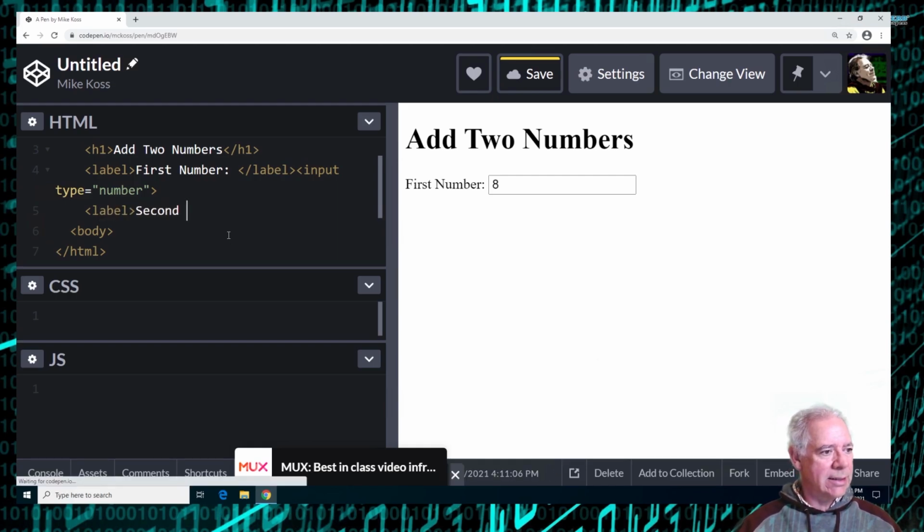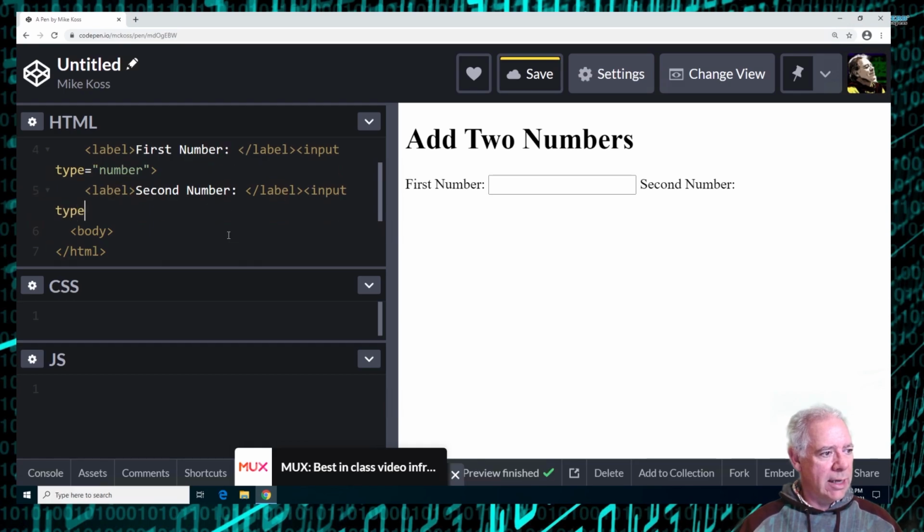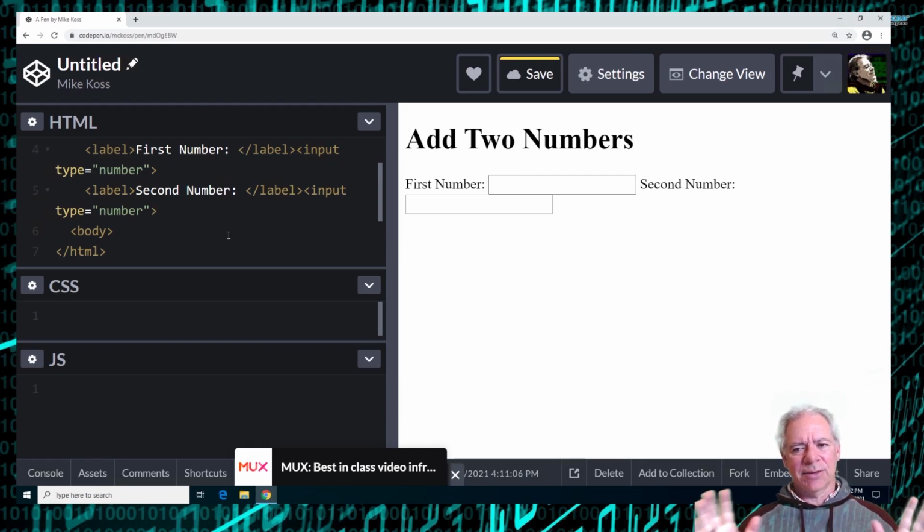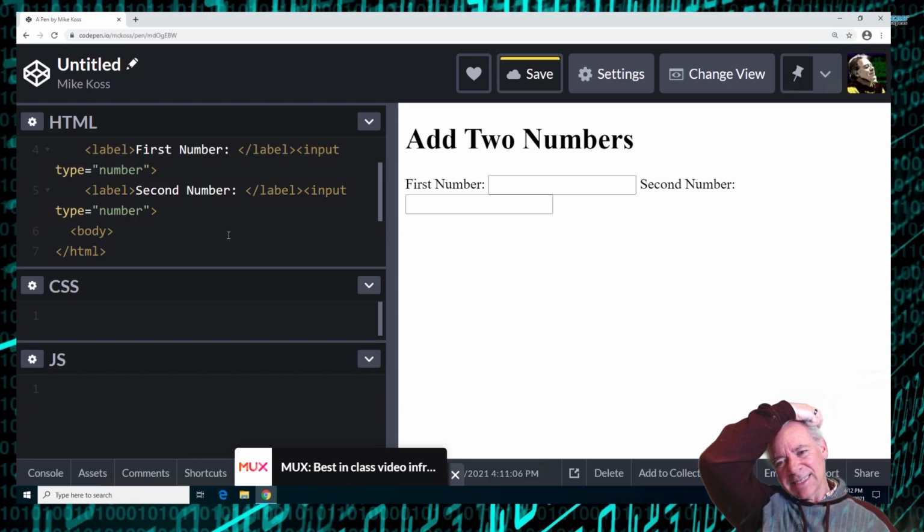And then let's add another one for a second number. There's a second number as our label, and another input type equals number. Oh, I forgot the attribute in quotes here, and there's a second one. Okay, so now all of a sudden you see all that stuff is in the web page,